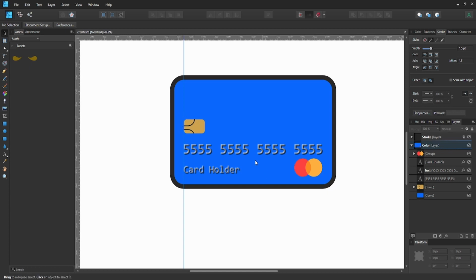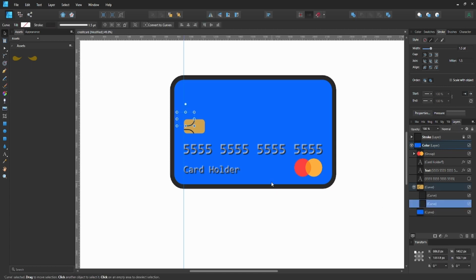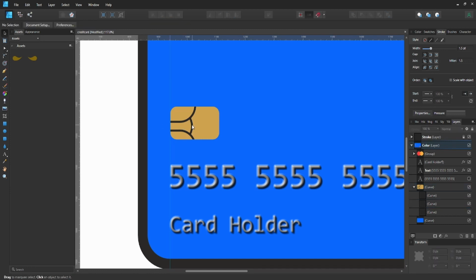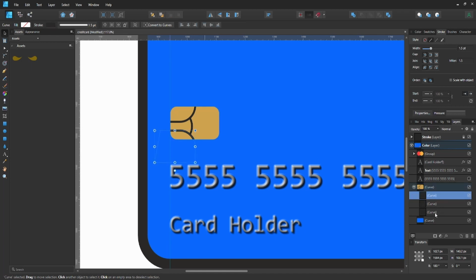And so now what we want to do is create another little line. So we're just gonna grab our pen tool and hold shift and just go down like this, and then we'll just drag this up, hide it in that one, and we're gonna curve this guy up like that. And now we got this guy going on. So we're gonna grab all those little curves, group them together,